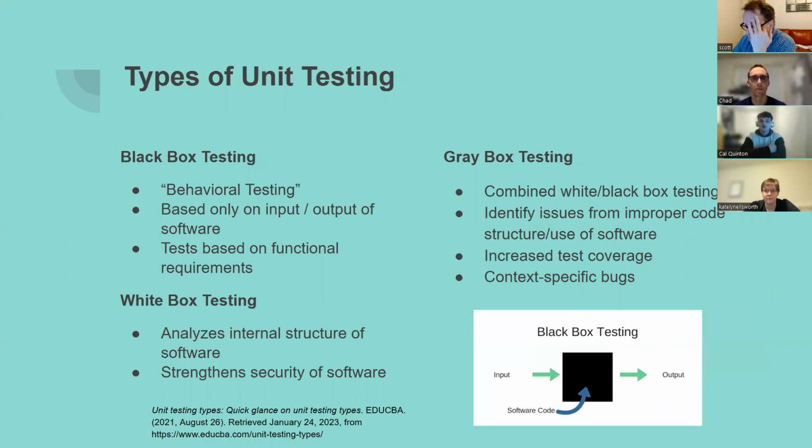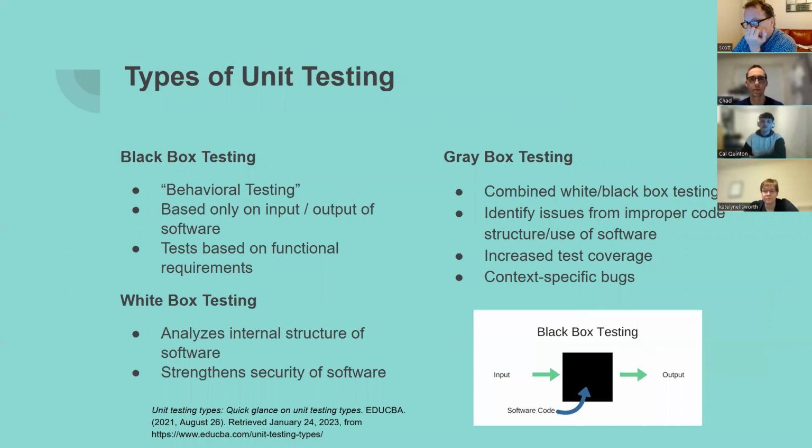internal security holes. Gray box testing is a combination of white and black box testing, done with knowledge of the code structure, but not specific implementation. This type of testing is useful for revealing deviations from requirements or proper code structure or use of software. Because of the broader scope of this type of testing, there is an increased test coverage compared to black and